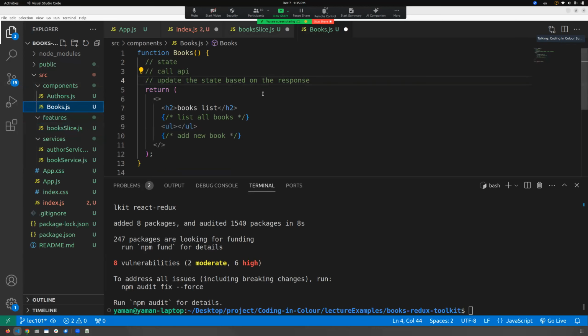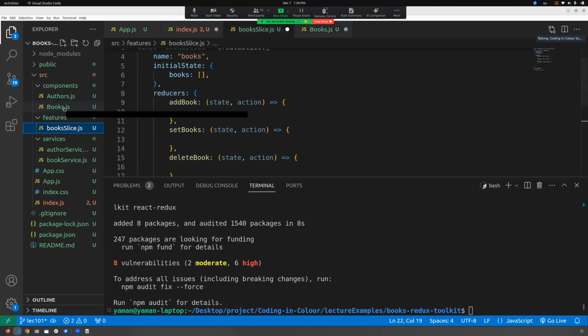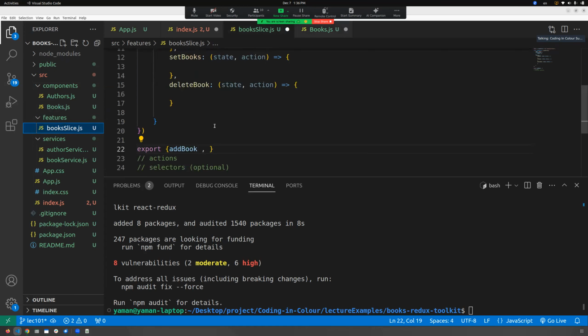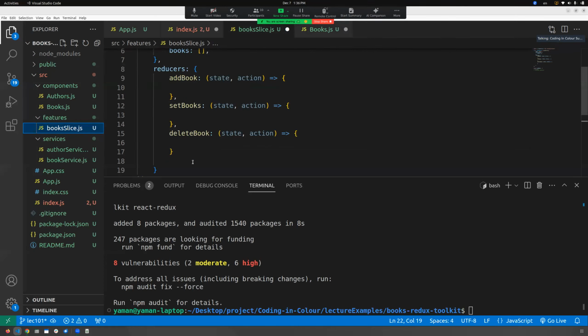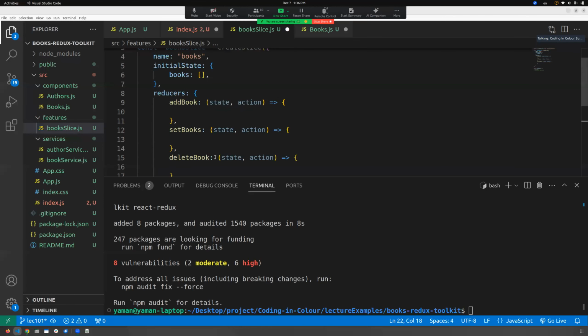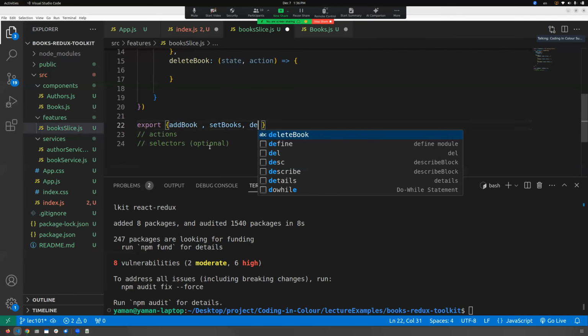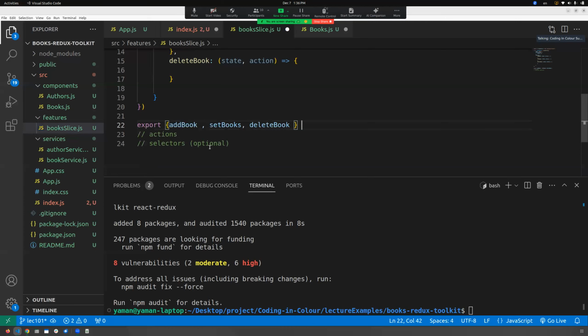You need to call the APIs here, then dispatch the state to slice and so on. So yeah, writing the code like this is, for me, easier. But again, it's up to you. It's what you find suitable to you. So we export the add book, the set books, and the delete books, and we say